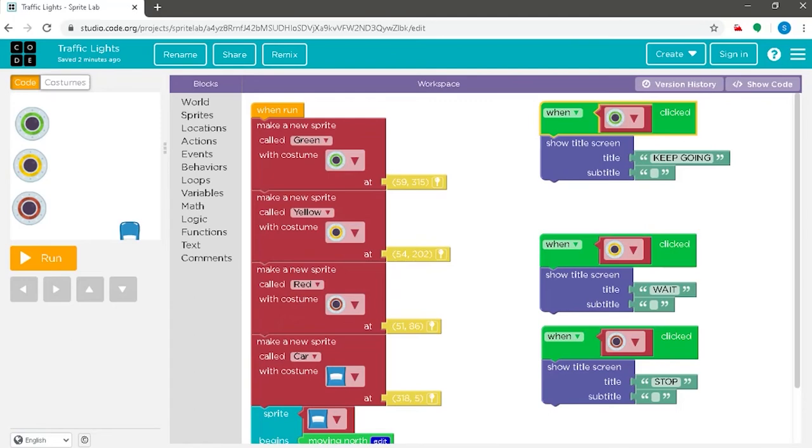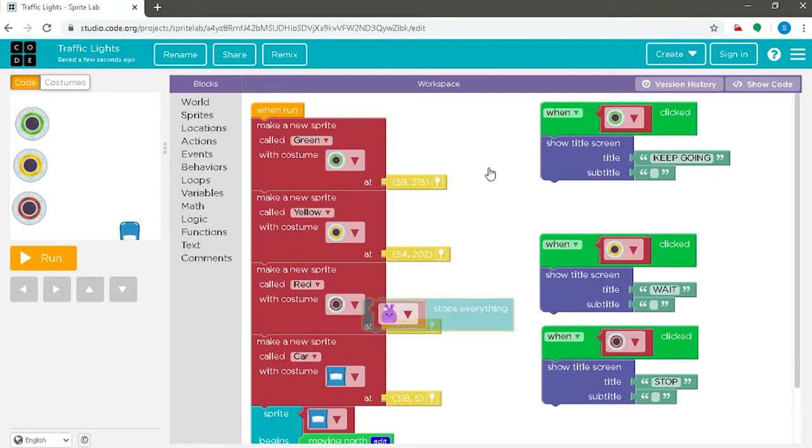Now, our third objective of giving corresponding movement to the car according to the traffic lights should be done. As you know, according to the traffic rules, when a green light flashes, the cars and all passengers should be moving. When a yellow light flashes, the vehicle should be waiting, and when a red light flashes, they should all stop. That is what we are going to do here.